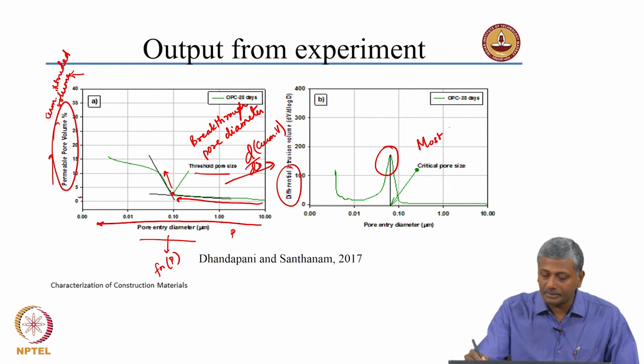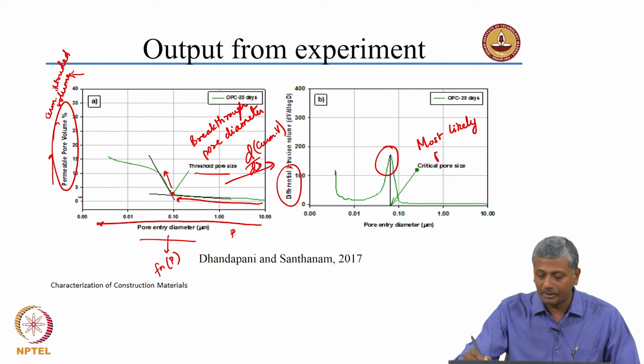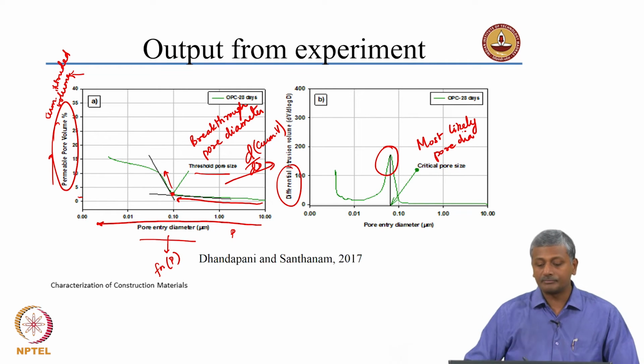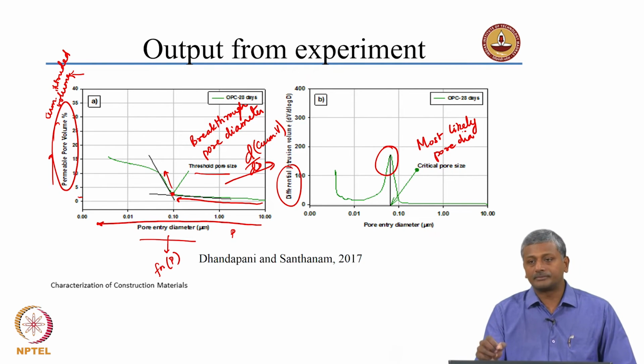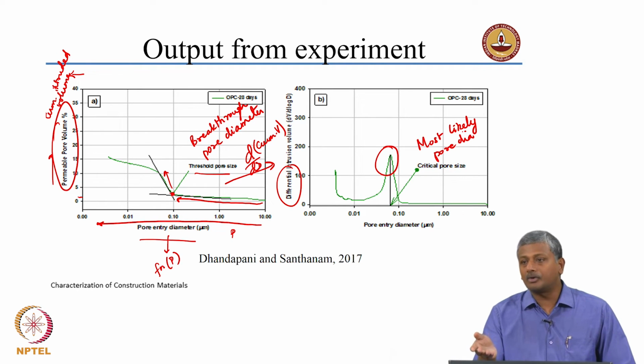likely pore diameter. Again, you will have several ways of actually representing this in papers, but some people call it most likely pore diameter, or you can say critical pore size, is where you get a peak in the differential intrusion curve. So, that indicates that most of your pores in the system are of that size. Okay, your system is characterized by maximum porosity in that size. So, it is like doing a frequency distribution of the pore sizes. So, here is the pore size at which you get the maximum frequency of occurrence.